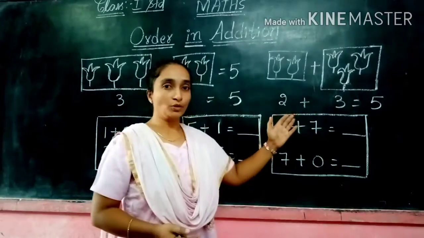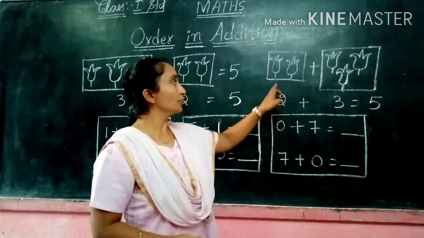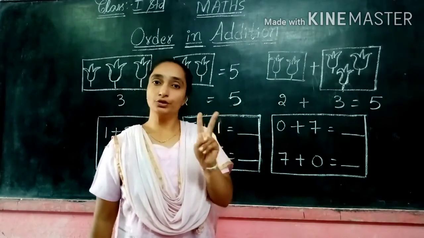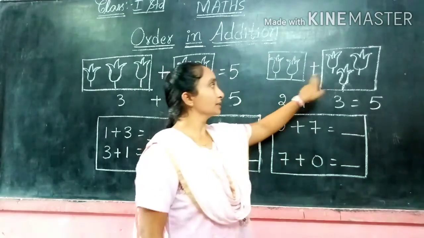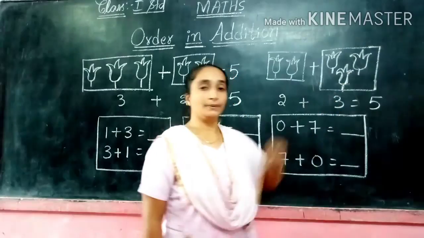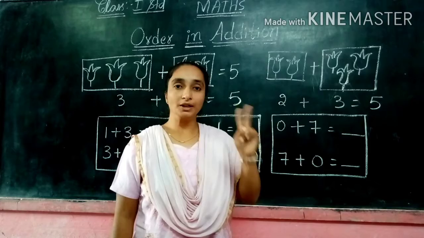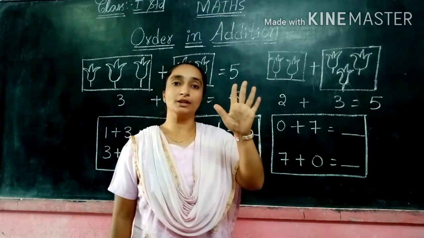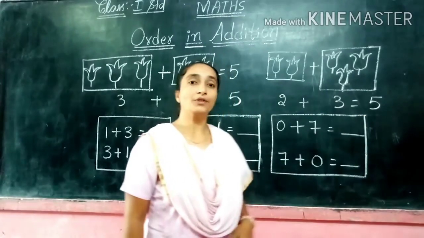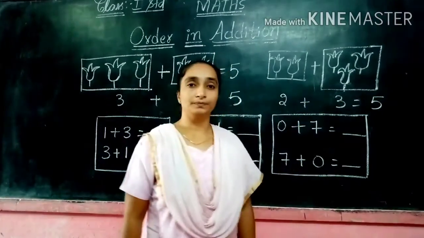Here in the second box, here is another one. Here in this box, how many flowers are there? The first box, we can see 1, 2. 2 flowers are there, plus the second box, how many flowers are there? 1, 2, 3. So here again 3 flowers are there. 2 plus 3 flowers. So total 2 plus 3, how much is it, children? Yes, 5. Already 2 flowers are there. 2, after that if you count 3, 4, 5.